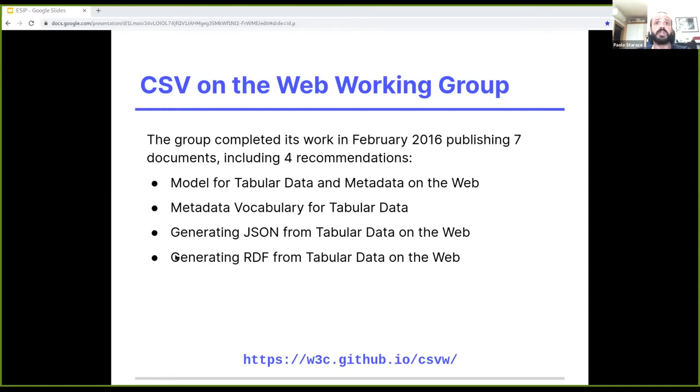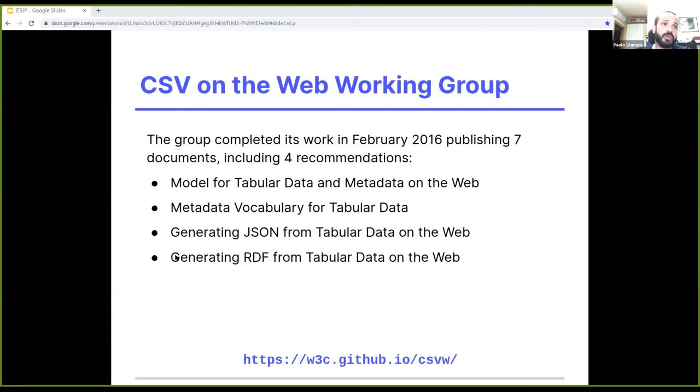The first recommendation describes in detail the tabular data and the metadata together, and so how to model the data into tables and how to annotate the content of the table as well. And the second one describes in detail all the rules to be followed for publishing.